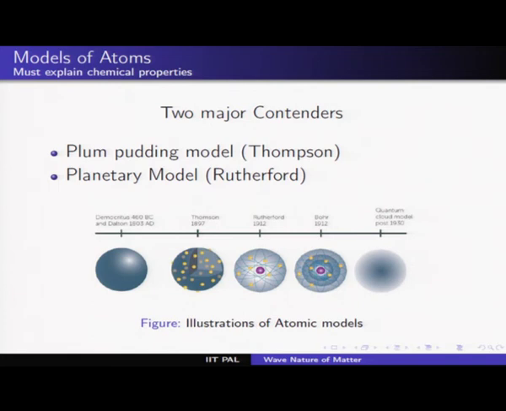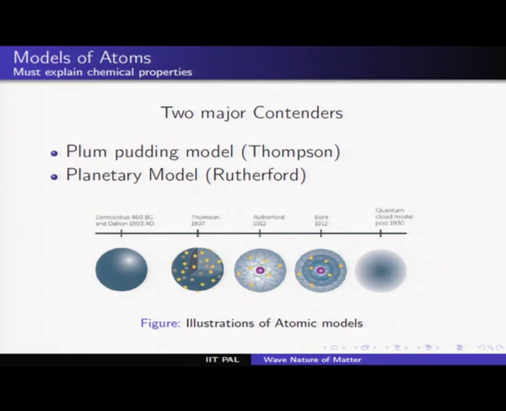The picture that is most appealing is actually that of Rutherford, because unlike Thomson and Democritus, which was based on mere intuition or speculation, the Rutherford model actually came because of an experiment, and that is what we are going to discuss next. And reconciliation of the Rutherford model with classical mechanics, because it was in conflict with the laws of classical mechanics, gave rise to the Bohr model. So that is what you have. So ignore the last two, please stop at the Rutherford model. The Bohr model is also a correct description, but the quantum cloud model is a completely misleading description. We should be very careful about that, although chemists know how to use it in a very nice fashion.